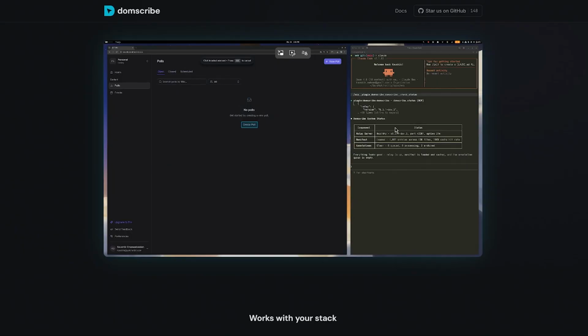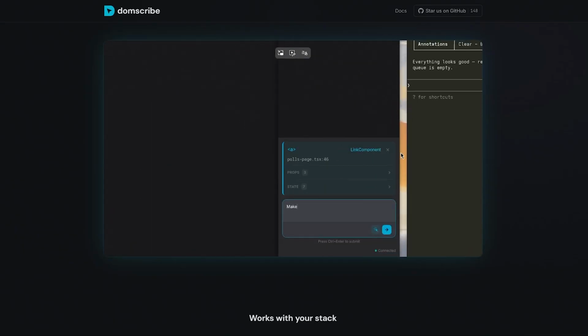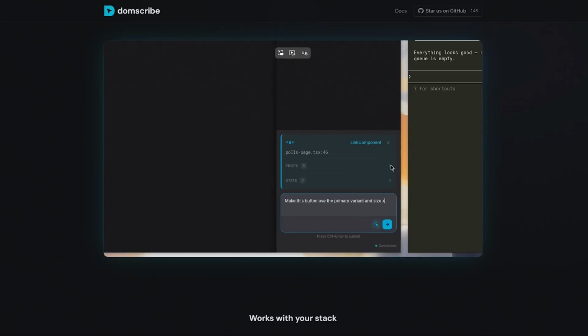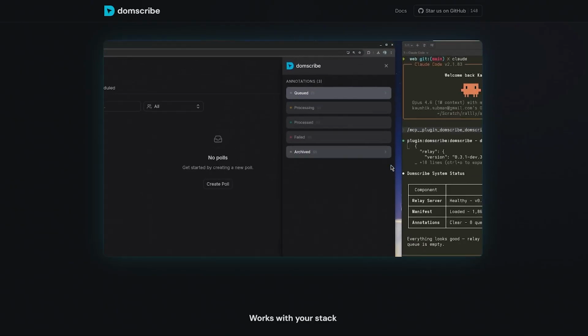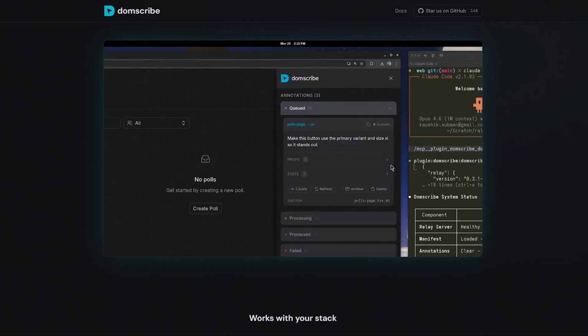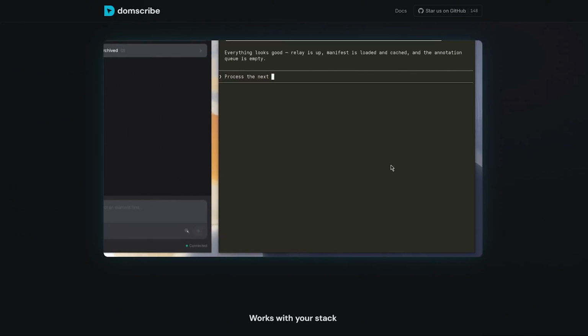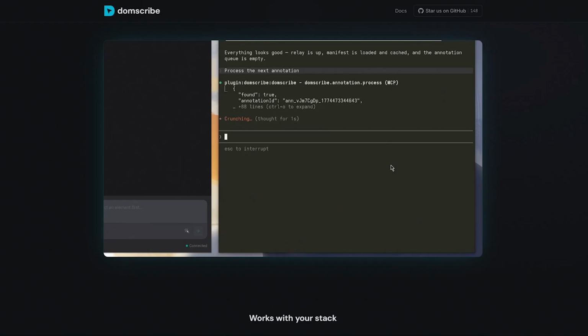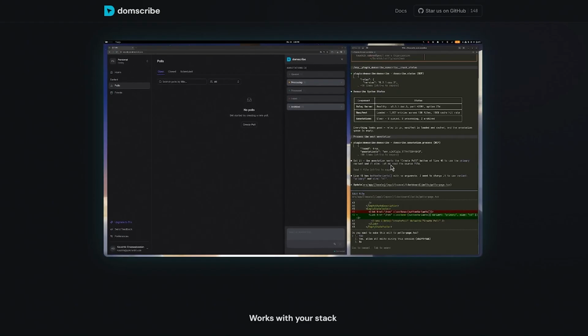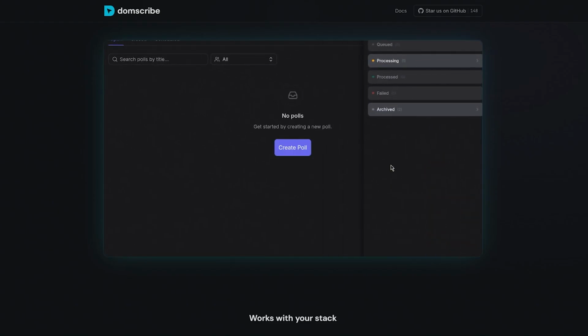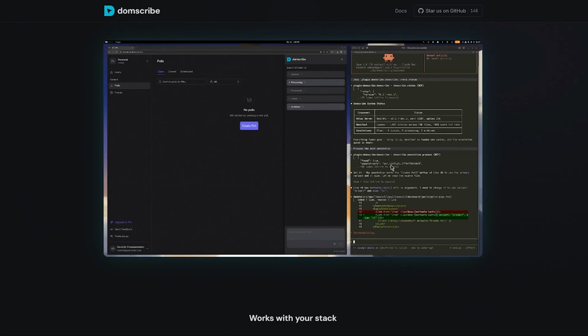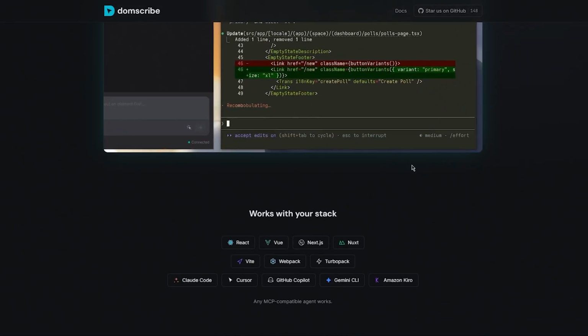Now, when you launch the broker, as it is over here, Domscribe automatically identifies all interactive elements on your page: buttons, text fields, images, and dynamic components. It captures CSS positioning and even hidden elements that affect layout. By doing this, it transforms your static code into a live visual map, giving agents the ability to reason visually